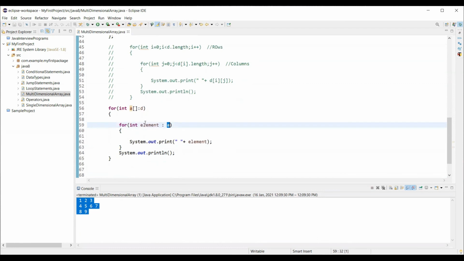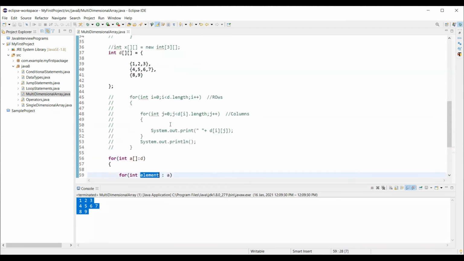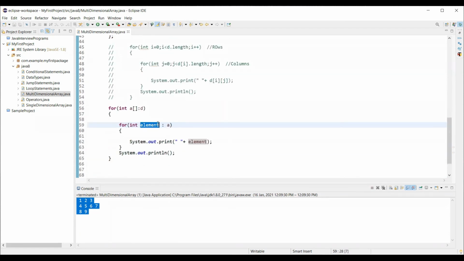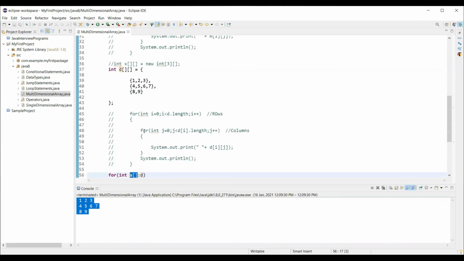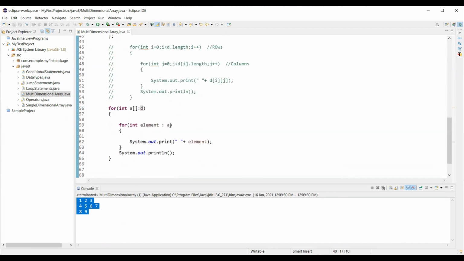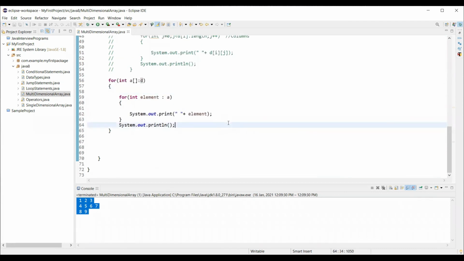So this a has 1, 2, 3, and from this array object, each element will be read, and that is displayed on the console, right? And once this is done, that array object is done. Then from this d, the array object will point to the second index, that is this 4, 5, 6, 7 object, and from that it will pick up all the elements and display, and so on. So this is how the enhanced for loop works, and this is all about two-dimensional array.